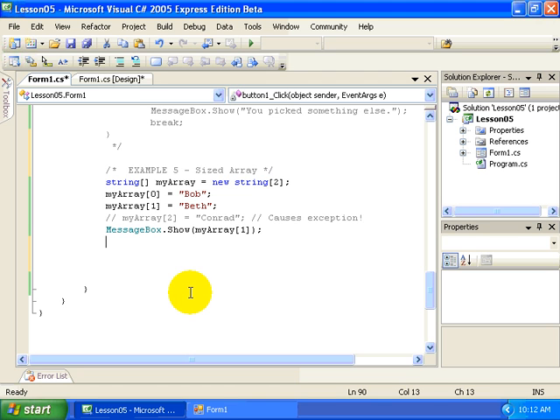Now the next two lines of code demonstrate how to set those values. For example, my array with an index of 0 equals Bob, and my array with an index of 1 equals Beth. Those are the two items that will fit inside of the variable my array. Okay, so first of all, notice that the indexes that I use to access elements of an array are 0-based. You can't start with the number 1 and go to number 2. If, for example, I try